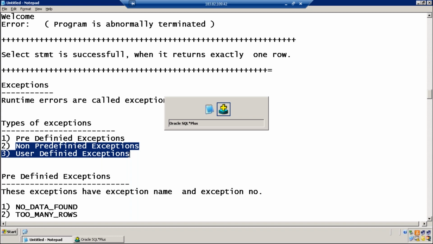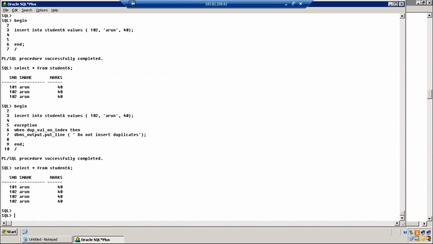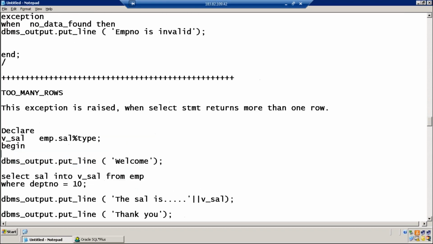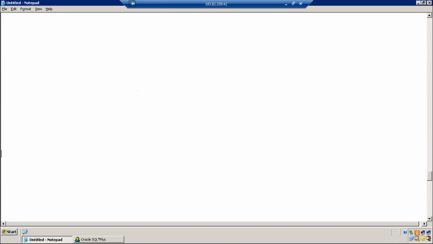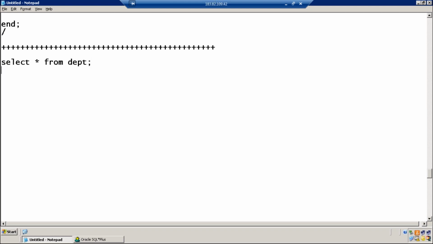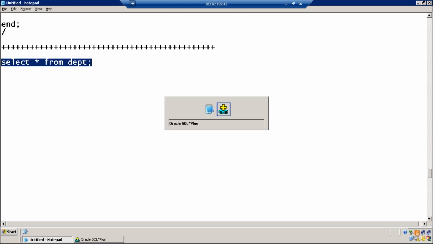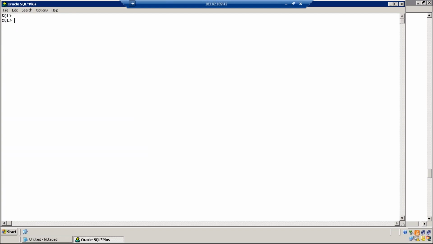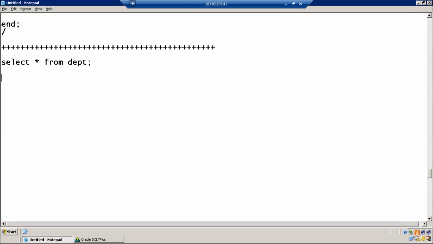You said you will explain more about a dot star? That's very simple. For example, select star from department table gives you 3 columns. I want one more column, row num.